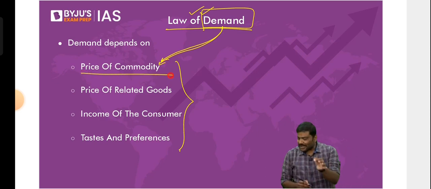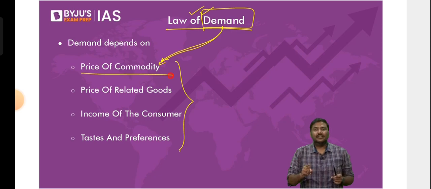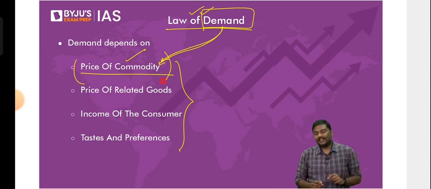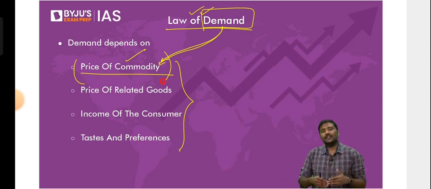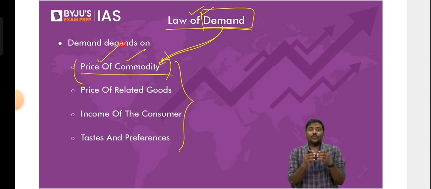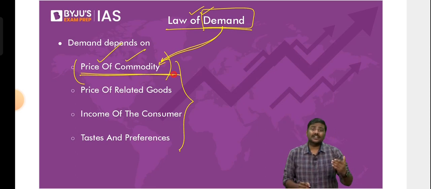First one is, what is the price of the commodity? Is it okay if I say that one of the most important factors that will determine whether we purchase a good or not is the price of the product itself? I'll repeat it. Understand the statement very carefully. The most important factor that will determine whether we are going to purchase this particular good or service or not is the price of the good itself. So many times we look at the price of the product in the market, and either come to a conclusion, okay, let me purchase this, or we simply decide, no, I don't want to purchase it, it is very, very costly. So price of the commodity is the first very important factor.